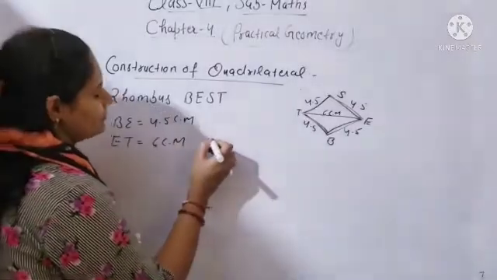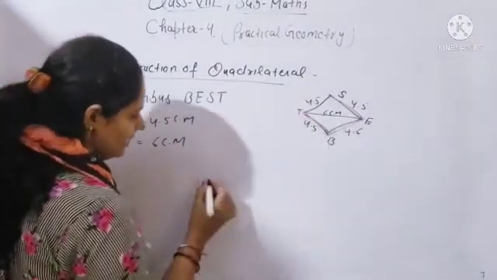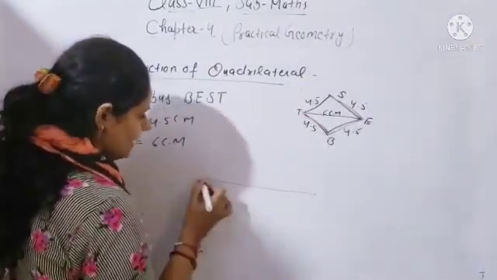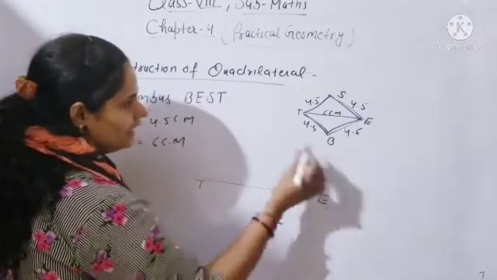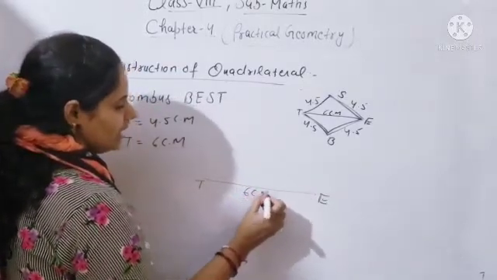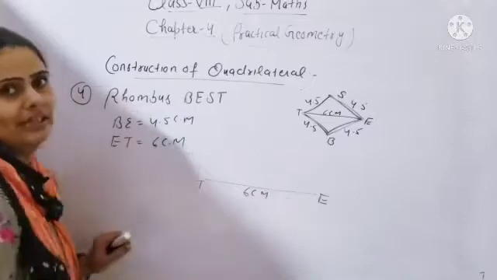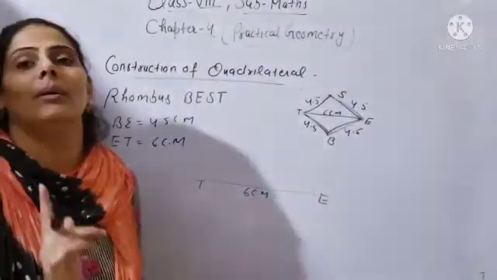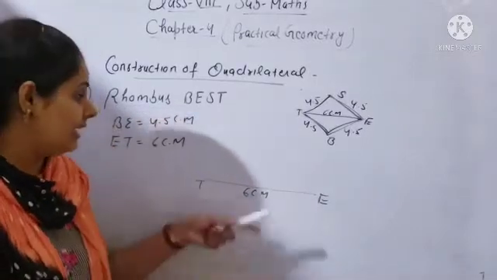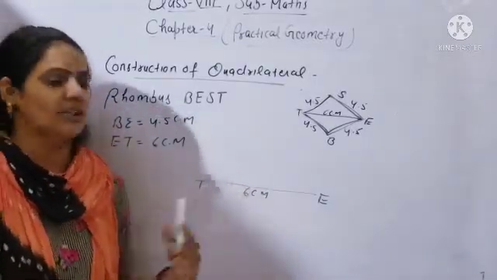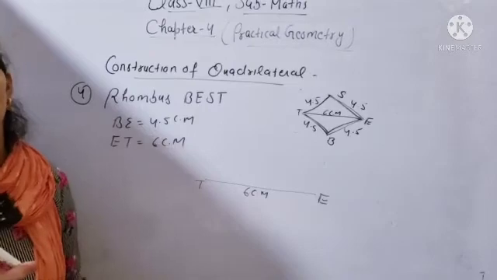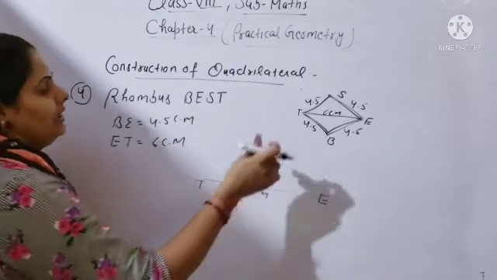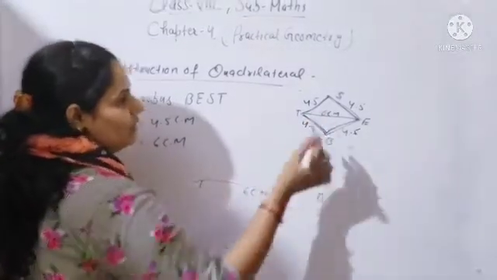So first step you have to draw the diagonal. It means you will draw the line segment TE. How many centimeters? 6 centimeter. You will not draw it simply like that, but you will take a pen and pencil and draw the diagonal, with the help of ruler and compass, beta. You will take the help of ruler, and draw exact 6 centimeter. Clear?